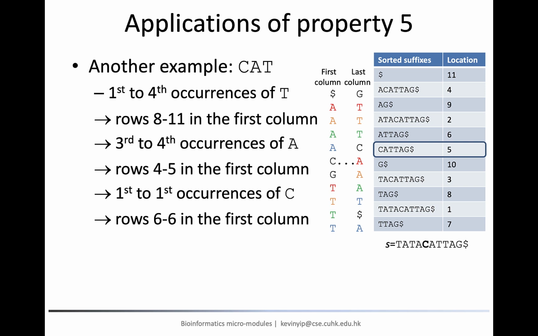As usual, we have only finished a conceptual description of the searching process. But if we actually try to implement this algorithm, there are several problems. First, from the first column, how can we efficiently find out the rows occupied by some particular occurrences of a character, such as the third and fourth occurrences of A? Second, given a range of consecutive rows, how can we efficiently find out which occurrences of a character appear in the last column? For example, in rows 8 to 11, how do we know which occurrences of A are there in the last column?